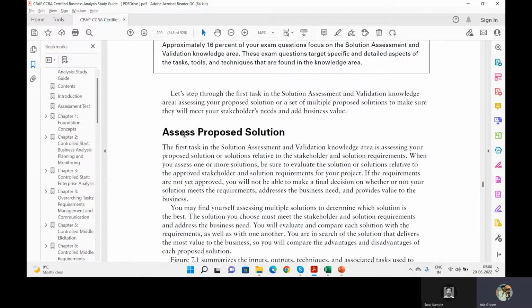Assess the proposed solution. What does it say? The first task in the solution assessment and validation is assessing your proposed solution or the relative stakeholder solution requirement. This is what we already did, but it's saying that whenever you're getting the requirement and you have some solution,